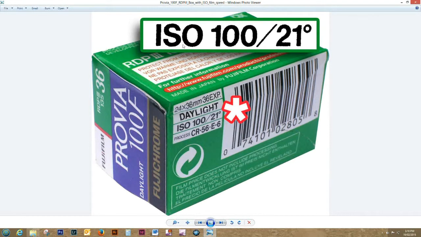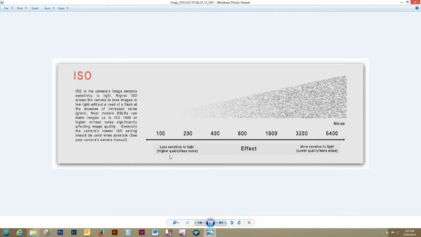In the old days when we used to buy film, on the side of the box there used to be stamped ISO 100, ISO 200, ISO 400, and that was the sensitivity of light for that film, and that's how you changed the ISO in the old days. You'd have to change your film. With ISOs,